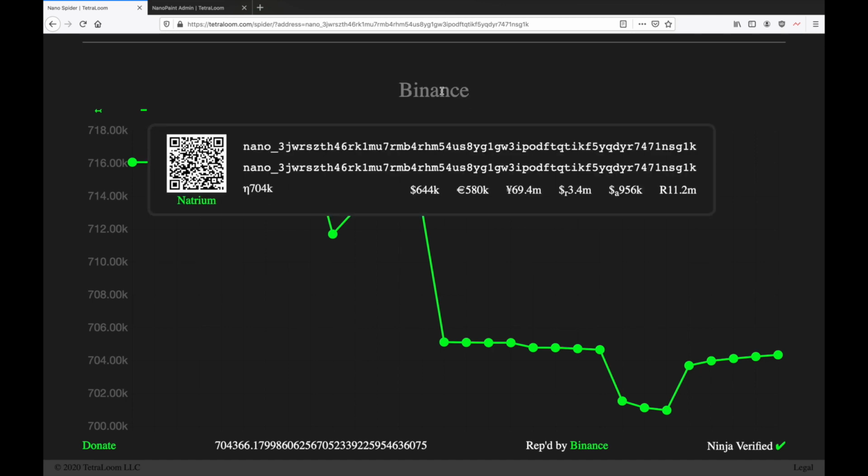So if you click the address, what you'll see is the following. You get the account, you get the representative, and if you click these, it'll copy that to the clipboard. In this case, the account and representative have the same address because Binance is its own representative. And then you also get a breakdown of the account's current value. So right now it's got about